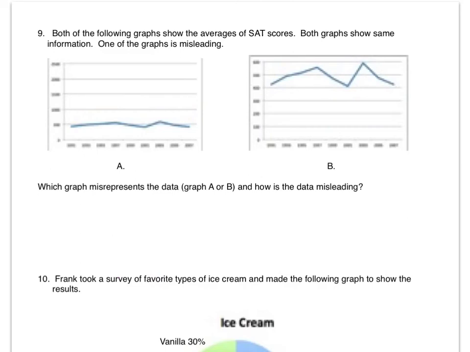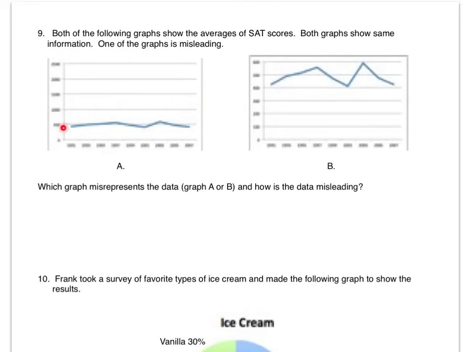Next question. Both of the following graphs show the average of SAT scores. Oh man, this is really hard to read online, but I think on yours it's good. Both graphs show the same information, but one of the graphs is kind of misleading. So these data points are actually exactly the same, but the way something is done, it looks kind of misleading. So before I even think about what's misleading,